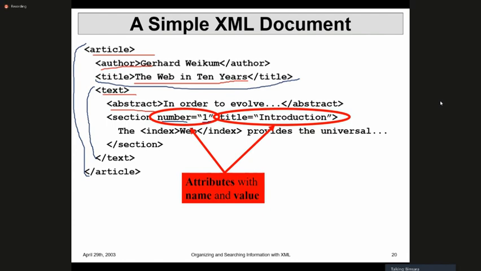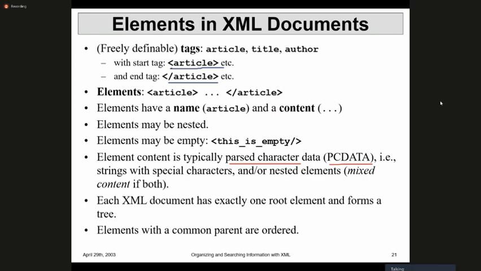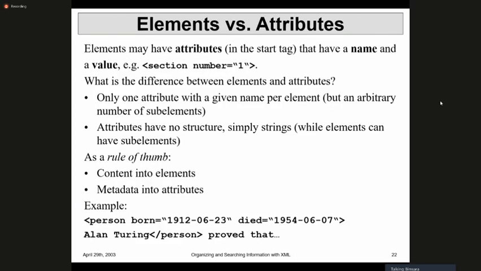What is the root here? Article, correct. And it forms a tree, right? This root element forms a tree. Elements with common parents are ordered,